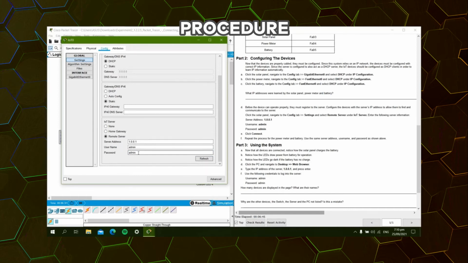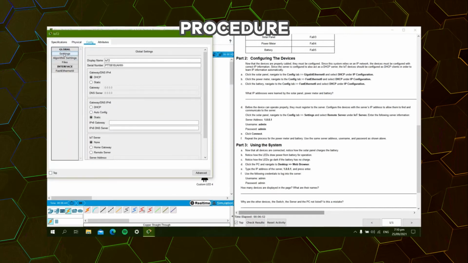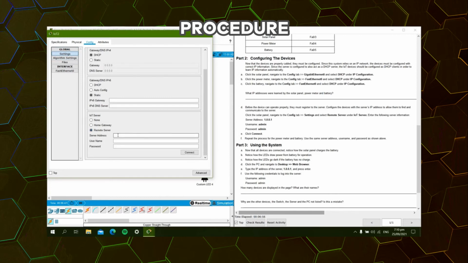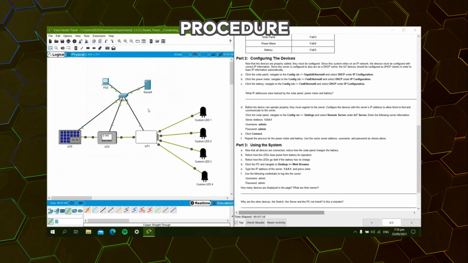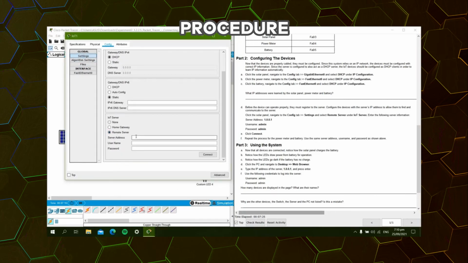After that, it's done connecting. Go to the other components. Same process under global settings, IoT server, remote server 1.0.0.1, admin, admin. After it's done connecting, refresh would appear in place of the connect button. Exit, go to the battery, settings, remote server 1.0.0.1, admin, admin. Click connect. Okay, so now that it's done,